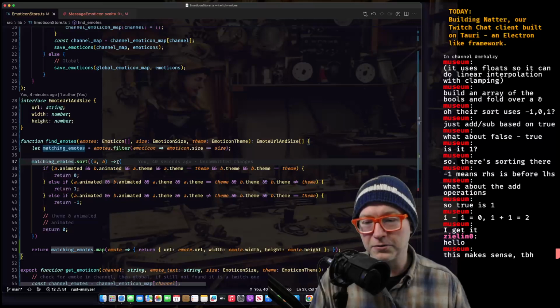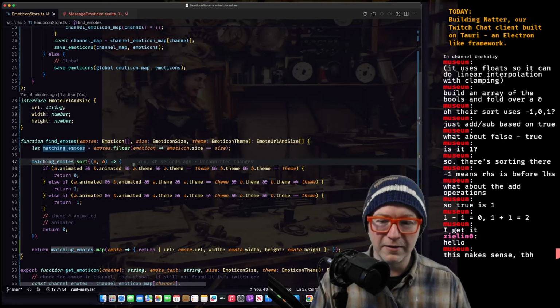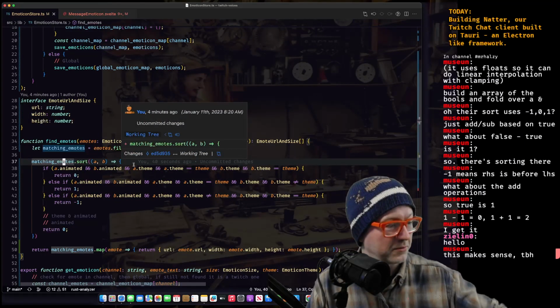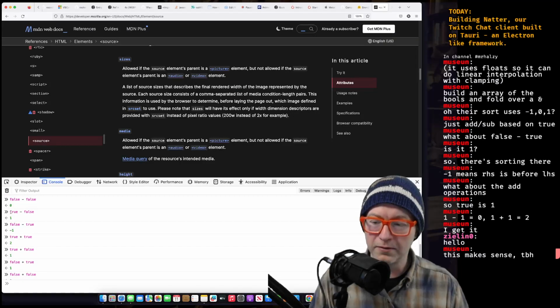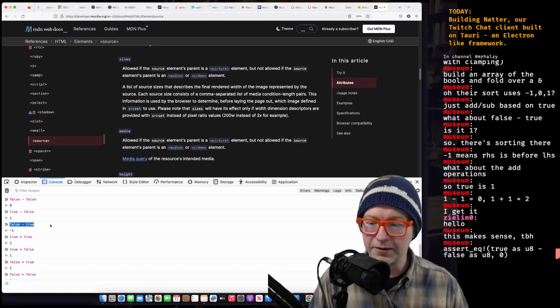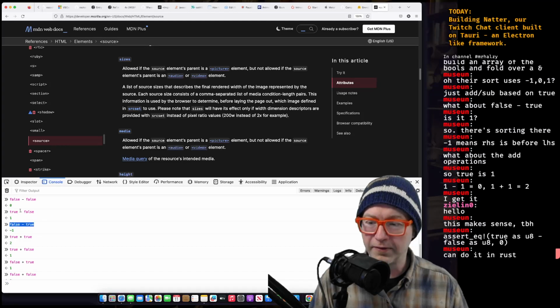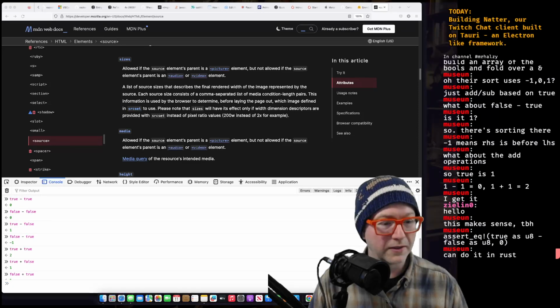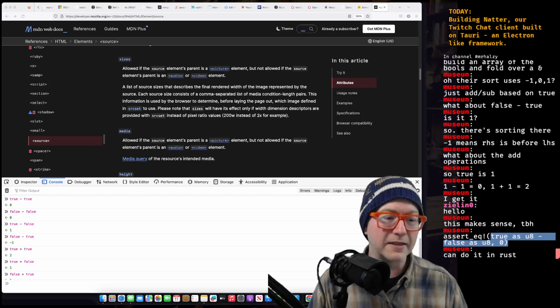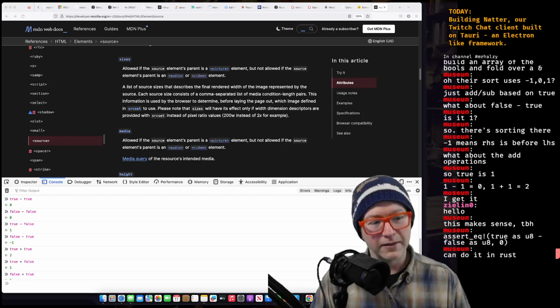But why does true minus false equal, what was it? True minus false? Yeah, 1. That means the left-hand side is greater than the right-hand side, right? Or the right-hand side greater than the left-hand side. And then if they're equal, yeah. You can do it in Rust. Wait. Okay, but that's an... Yeah, they're both kind of...